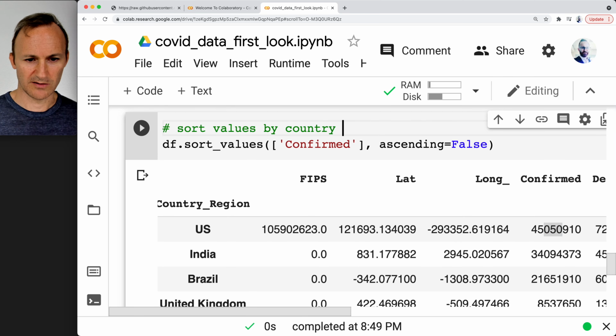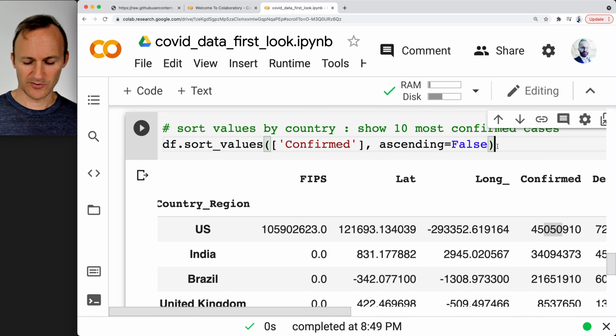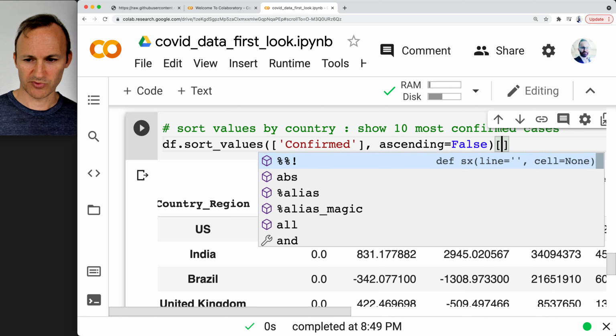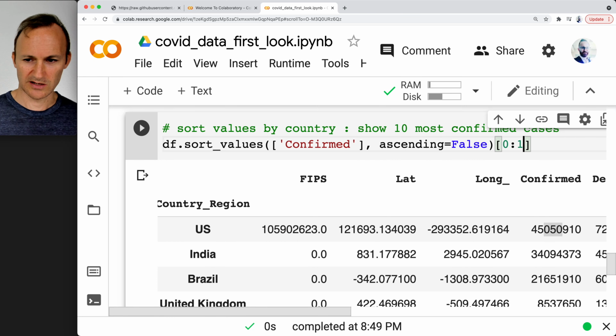Let's just show top 10. It's kind of sad to call it top 10, right? Show 10 most, okay. What you can do after this is a lot of code at once, I know. It takes some getting used to. You put in this bracket, and this is standard slicing in Python. So it's like you're going from the 0th to the 10th, meaning row. And you can take out the 0. This just means start at the 0 and end at the 10th. So that'll give us the top 10. So I press Shift Enter,